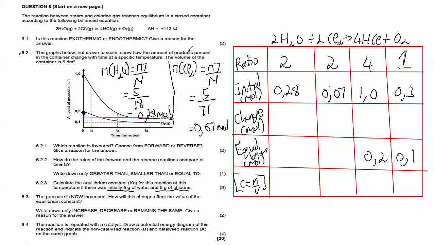But then from this reaction here, another thing that you need to note is the fact that the reverse reaction is favored. Why? Because we can see that the concentration of the reactant will now be greater than the concentration of the product. Remember, from looking at this graph, we can see that the amount of product is decreasing with time, right? So obviously this would have to suggest what? This is what you need to note. If reverse reaction is favored,